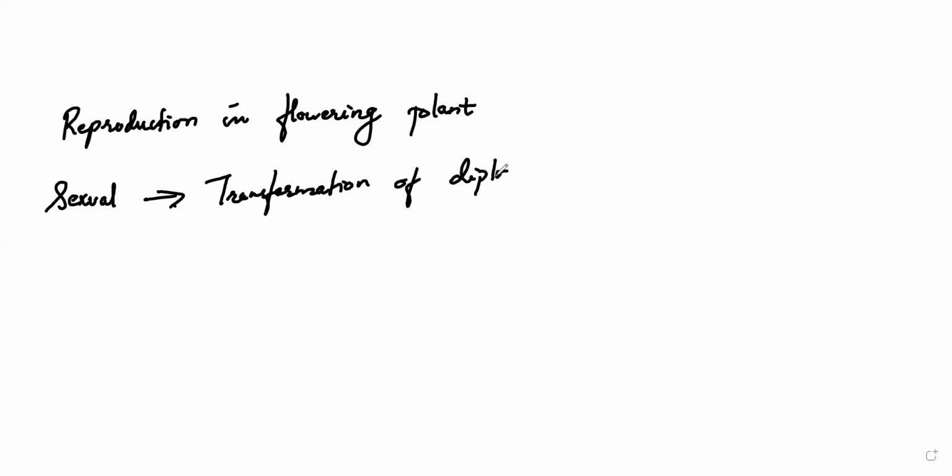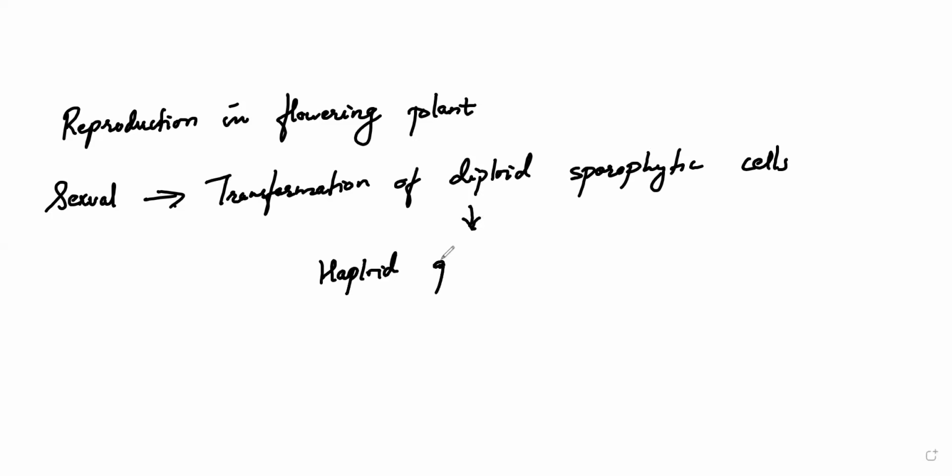So usually in the flowering plant, whatever sexual reproduction takes place, that is by how? Involving a transformation of diploid sporophytic cells into haploid gametophytic cells. So this process happens by subsequent